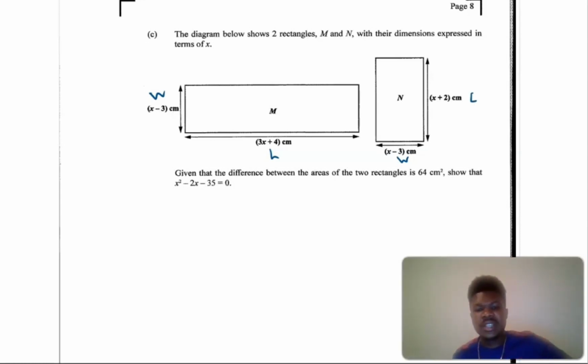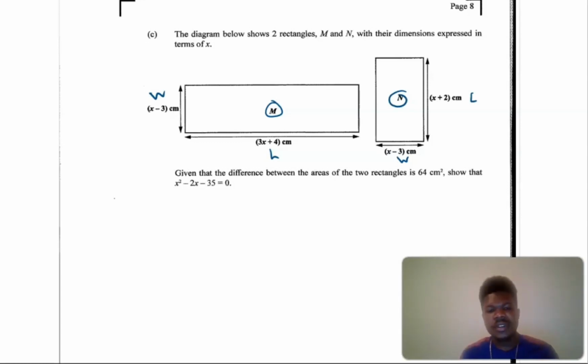Now it says given the difference between the areas of the two rectangles is 64 centimeters squared, show that x squared minus 2x minus 35 is equal to 0. So once it says show that, it means that we're supposed to prove we're expected to arrive at this conclusion once we do the calculation. The first part of this sentence says the difference between the areas of the two rectangles, and difference means we're subtracting. When we look, m seems to be the larger rectangle and n is a smaller rectangle, so we're going to start by